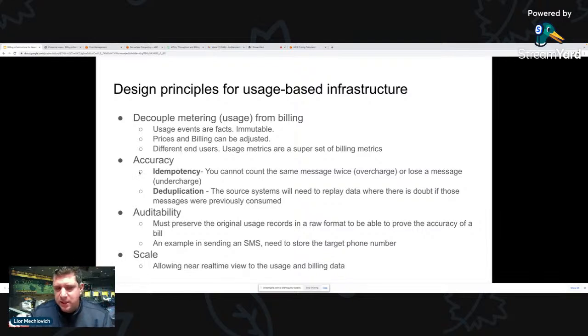Yeah, about the accuracy part, it's really important to follow these two very related items, which are basically idempotency and deduplication. So for all the systems and all the different steps, there will be multiple steps, a multiple data pipeline problem. You really must make them idempotent, meaning you can run it again and again, and there will be no change in the data, right? So you can run the same message, the same usage event, you can send it multiple times, but you won't count it twice. Okay, that's the important part.